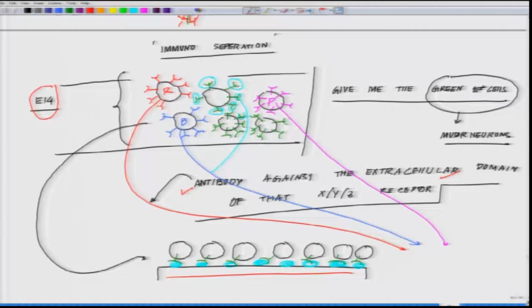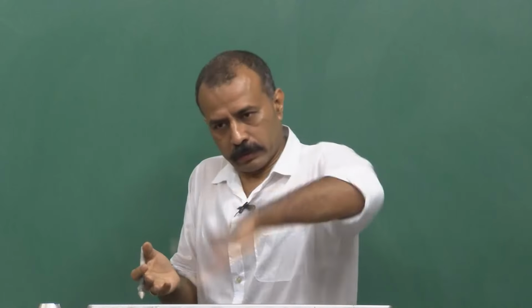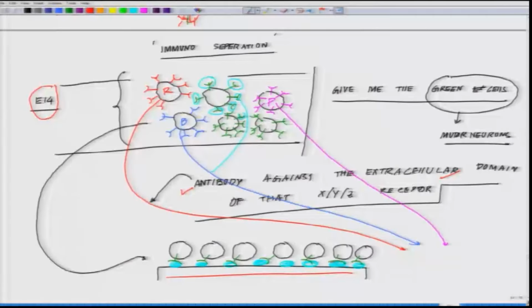And then you needed to have a competitive binding. You have to remove these cells. There are two ways you can remove them. You can tap the dish very hard. If you tap it, then this attachment is not very prominent. And in order to achieve this, you need almost 30 minutes. You have to keep them on a dish. After 30 minutes, you can tap them, and these cells will detach. Or what you can do, you put some excess antibodies there, which will competitively bind to the receptors and will remove these cells,